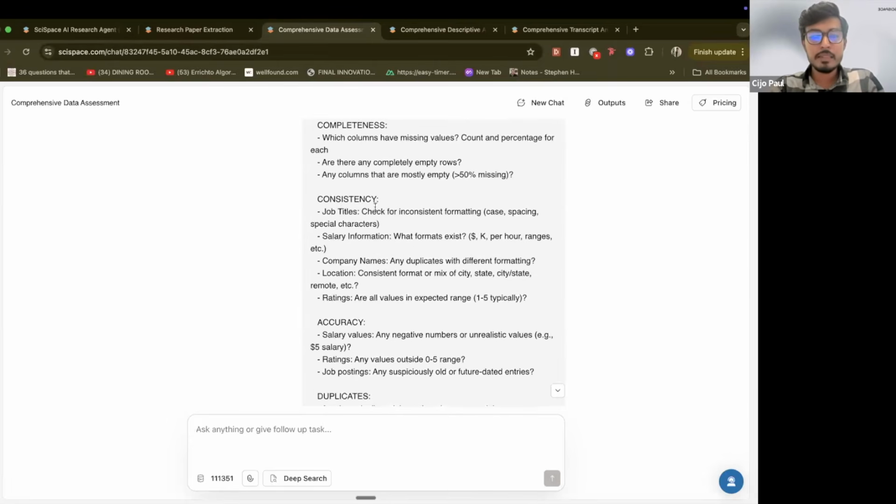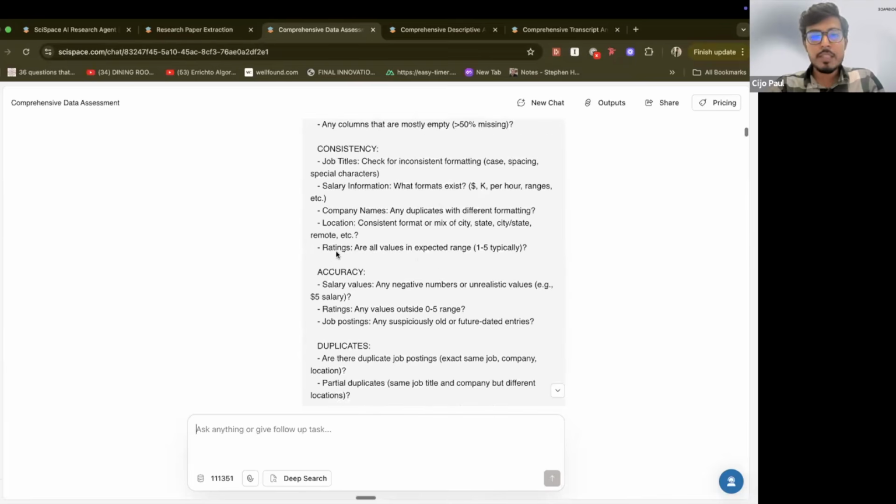So I've asked, give me the consistency for this. Check for inconsistent formatting cases like case, special characters. Give me the salary information. What is the format? Is it in dollars? Is it in K? Is it per hour? Is it ranges? And give me the company names. Are there any duplicates with the data formatting? Give me the location, ratings,